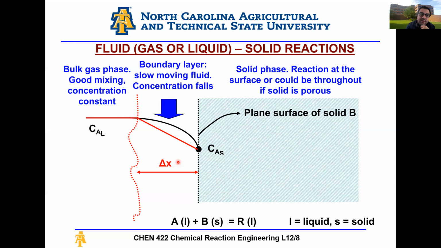Some ways to avoid this are to basically make this delta x much lower. If I make the delta x much lower, my partial c by partial x becomes much larger, and the mass transfer element of this reaction gets pushed up, or happens much faster. This is done by having mixing, or by operating in a turbulent regime,